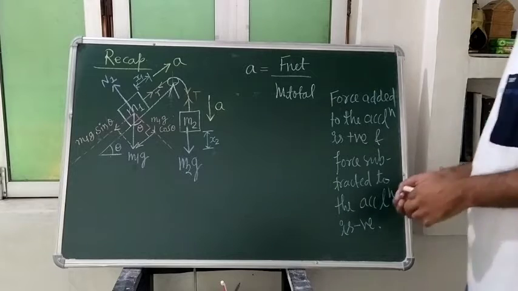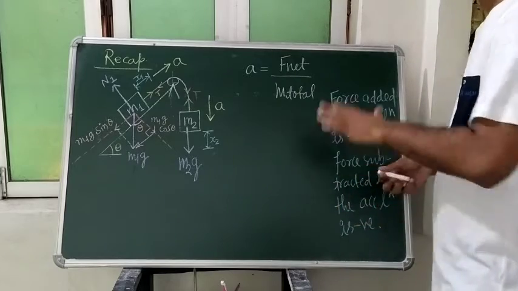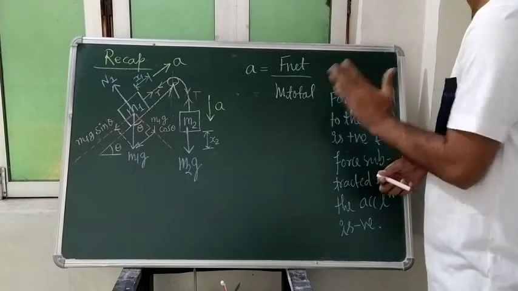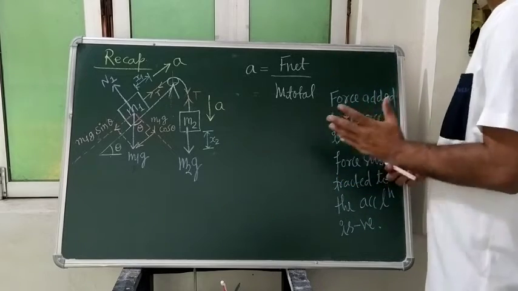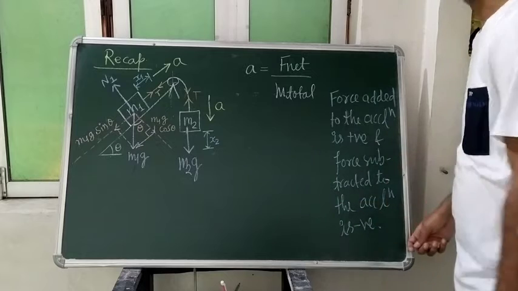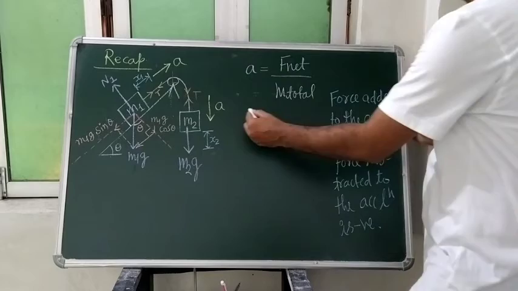So whatever force is supporting the acceleration, we will consider as our positive, and whatever force is not supporting it, is making an obstacle to that acceleration, is stopping the acceleration, we will say as our negative force. So here we will look that